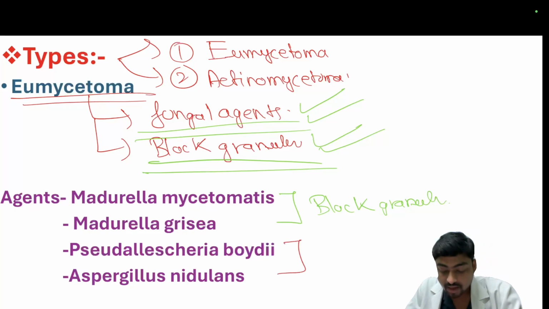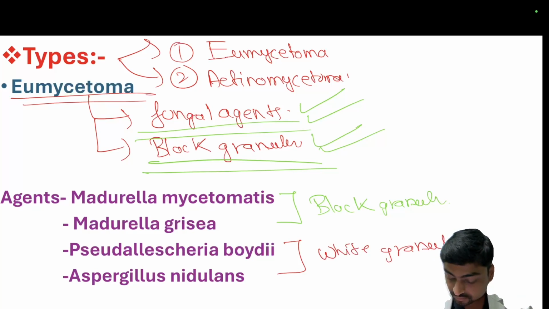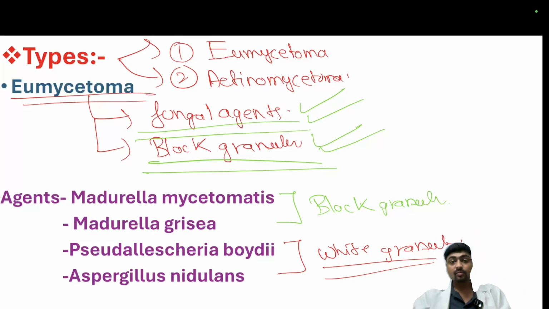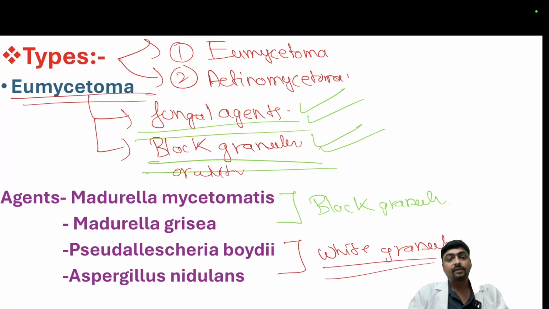And the other two are responsible for the formation of white granules. Now in Eumycetoma, the black or white granules are observed and it is caused by fungus. Among these agents, the first two cause the black granules